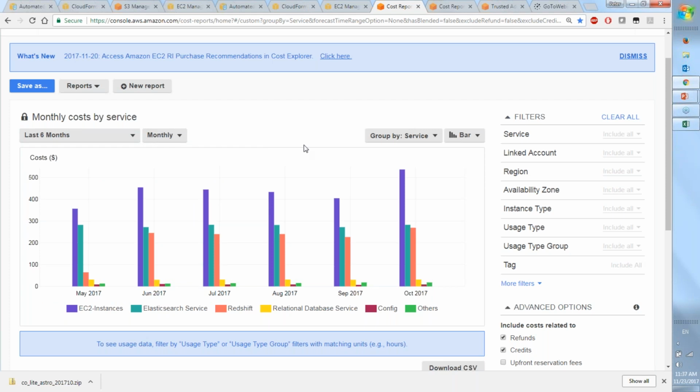So in this example here, I can see that most of my spend in the recent month of October goes towards EC2 instances. I use a little bit of Elasticsearch, a bit of Redshift, and very little of other services. And so when it comes to optimization and targeting of effort, what I would target is first the EC2 instances with the methods described so far. Then I might have a look at Elasticsearch, and then I might have a look at Redshift. And once I feel like I've optimized those 3, there's very little further room to go.